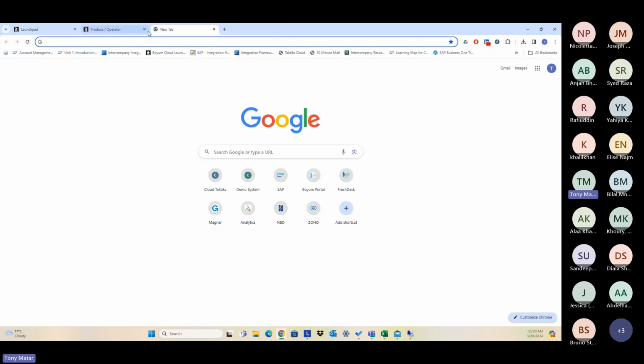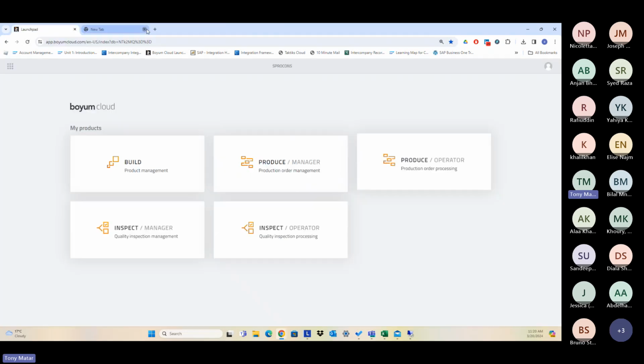The last part that I need to show you today is Inspect. Inspect is a quality control tool as well. We have 2 screens: one for the manager and one for the operator who will do the inspection. Here in the inspect manager, I create the plans, the orders, everything, to be used by the operator. So if I go to the inspect manager,